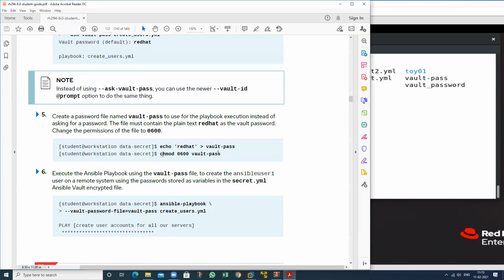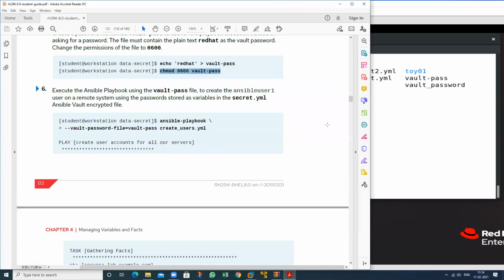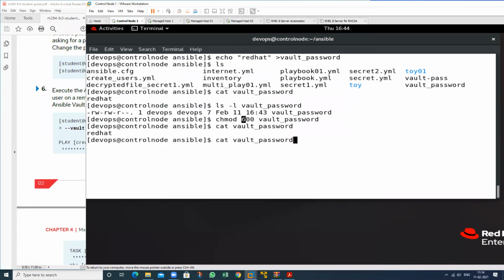So just place this particular file, then run this by using... If I want to run this again, not for the dry run, I want to run this. So just hyphen ask vault. Remove this one, then hyphen vault pass hyphen file, and just the file here. So what is the name of the file? The file name is this one. This is the file, and I want to run this particular one.